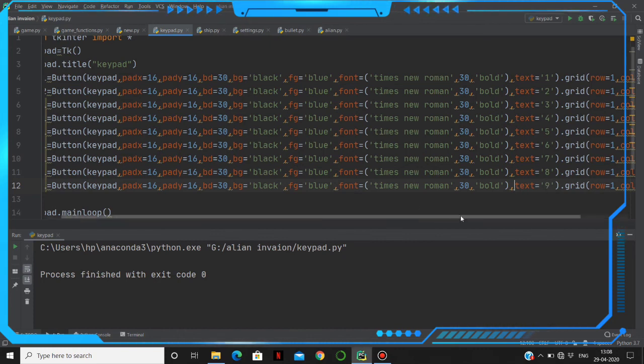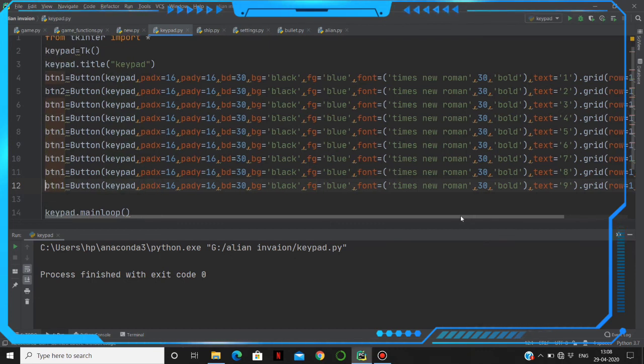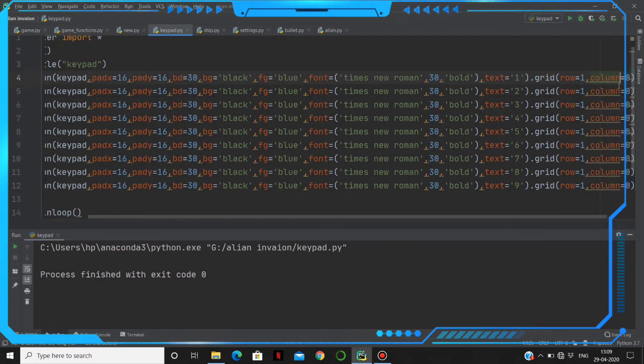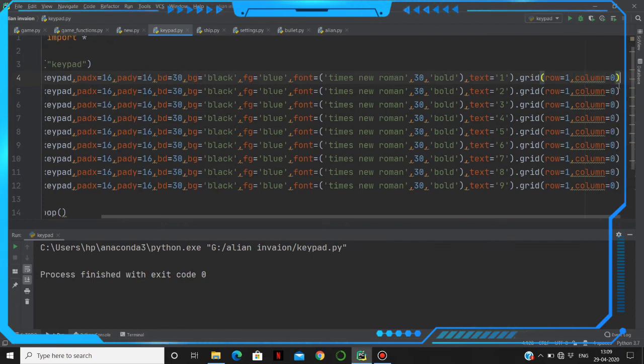And coming to here, the variable should also be different. It is 9, 8, 7, 6, 5, 4, 3, 2 and 1. And then we have to specify the positions of these, unless it will throw an error.